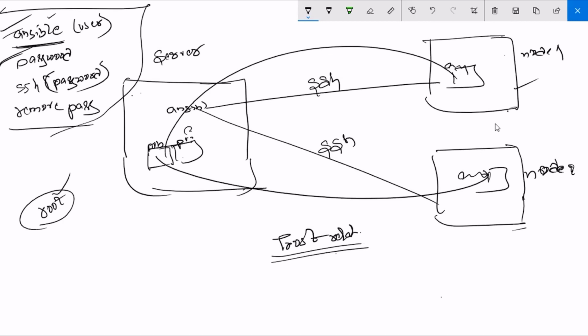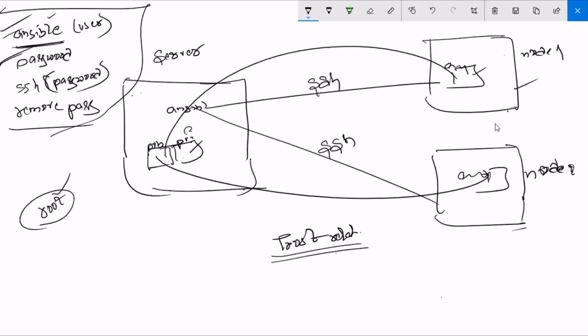So whenever you try to push any code, this private key will be authenticated with respect to the public key, and communication happens automatically. The same as a lock and key, both are the same, right? So that's why automatic communication will be established. It won't ask for the password. So, public and private key.